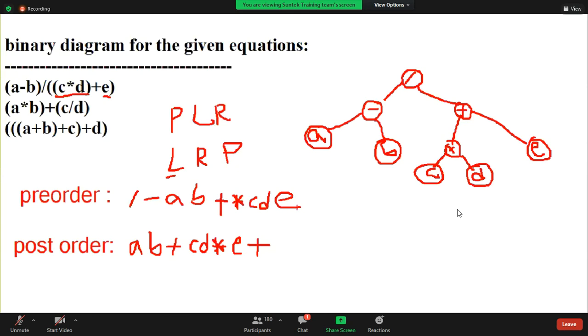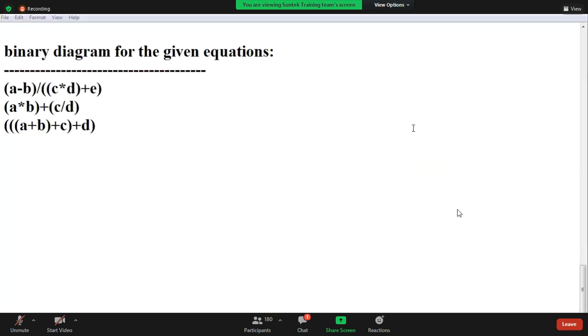Next, the second equation, guys. First one done, this one is the second diagram.